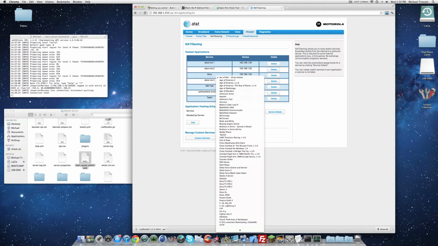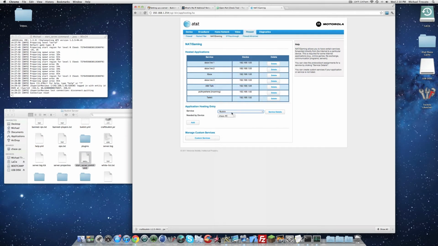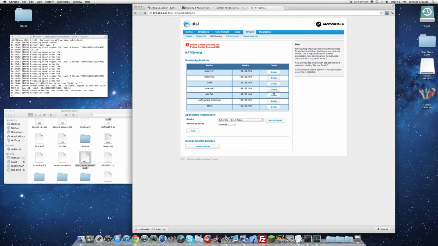And then I'm going to find Bukkit. Here we go. Now I want to find my PC. So here's my IP, what I connected to my server by. 192.168.1.92. Yours should be different. I'm just going to select that, and then select add, and I'll probably get an error. Yep, here we go. This is because it's already done, but once you get to that, you can exit out,